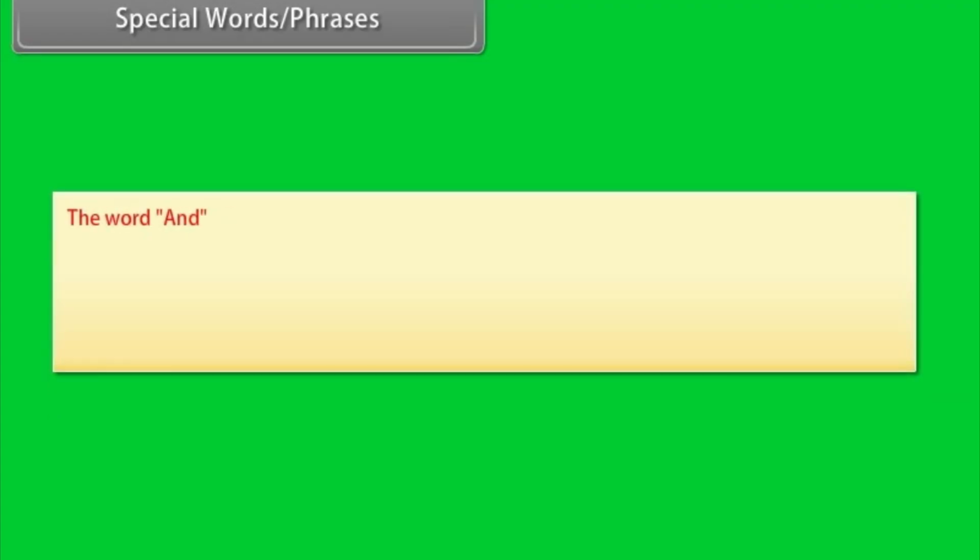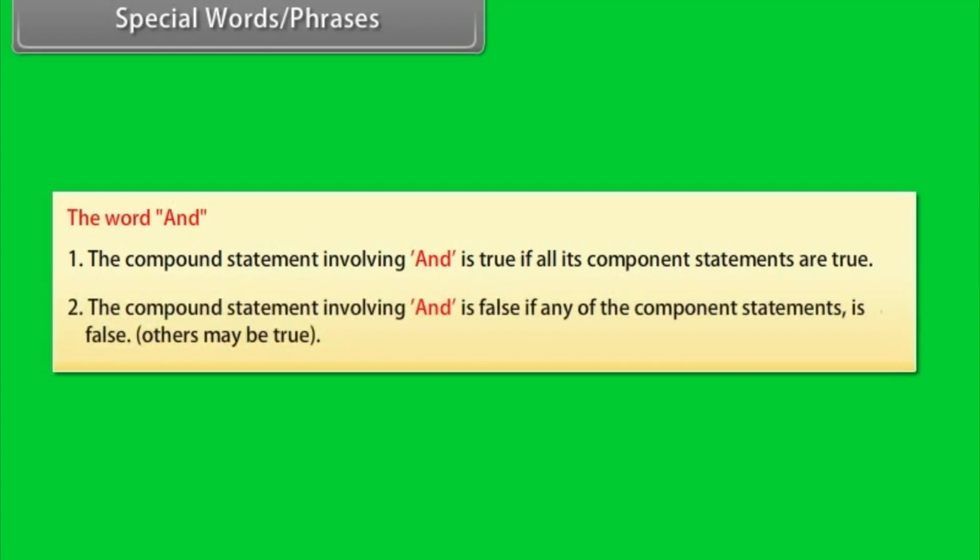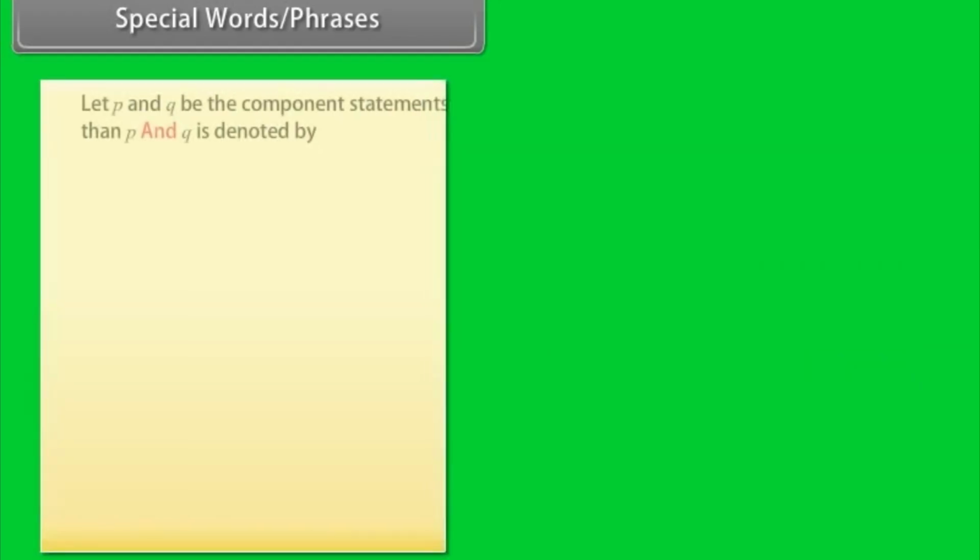Special words, phrases. The word "and". 1. The compound statement involving "and" is true if all its component statements are true. 2. The compound statement involving "and" is false if any of the component statements is false. Others may be true. Let P and Q be the component statements, then P and Q is denoted by P